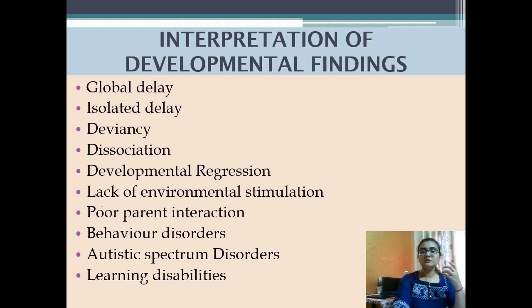What we understand from those terms is very important, right? Like here, where we have first is global delay. What is global delay then? So global delay is something when there is delay in one or two aspects, like there is delay in gross motor development and fine motor development both, or there is delay in social development and fine motor development both. When more than one aspect of development is involved, then it is termed as global delay, and it is